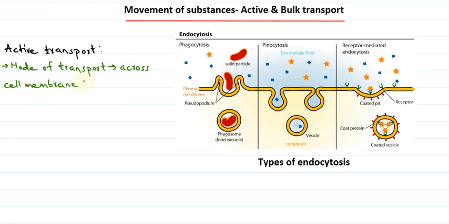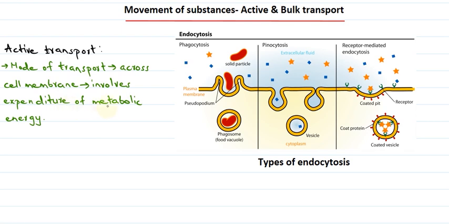And this process of transport involves the expenditure of metabolic energy. So unlike passive transport, where no metabolic energy was required for transport of substances, here the transport of substances